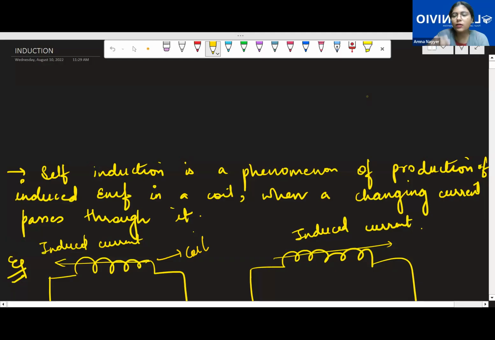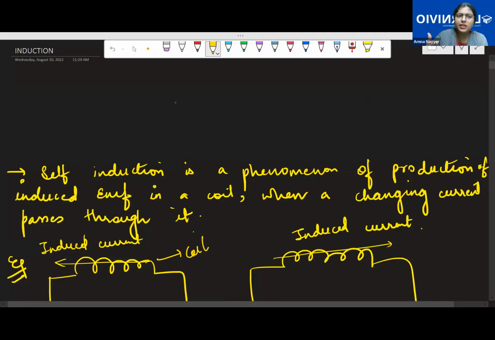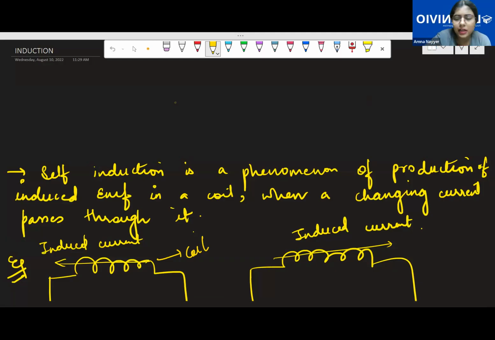Okay, see now the last topic, induction, of this chapter, electromagnetic induction. So what all things have we studied? We first talked about magnetic flux. Others also please open the camera. Only Safrina follows the instruction without being reminded. So other students also please open it and be responsive in the class.